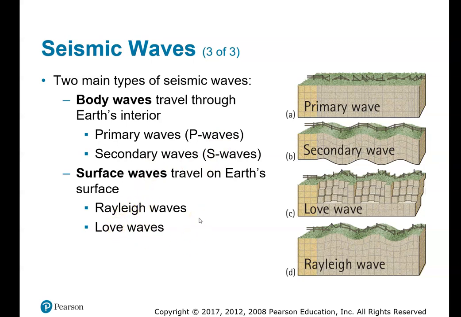All right, and just remember, Love waves travel in an S